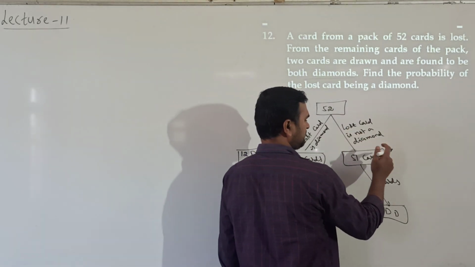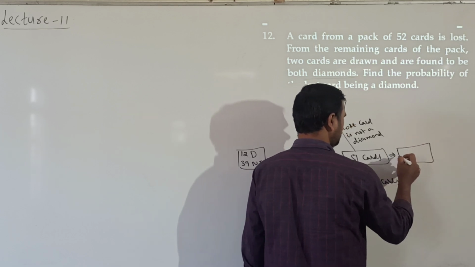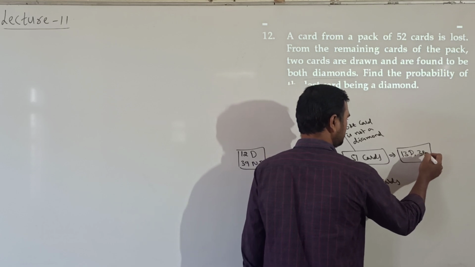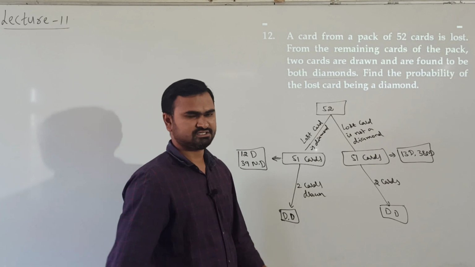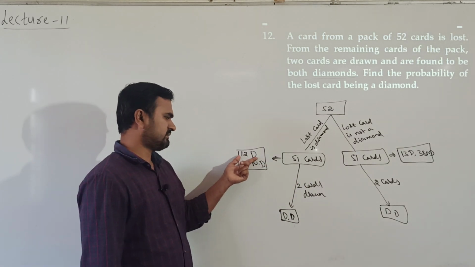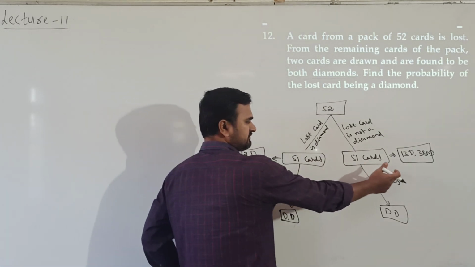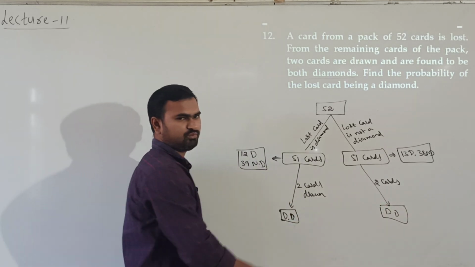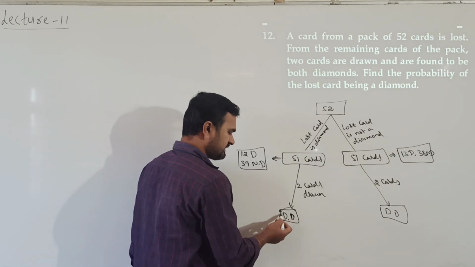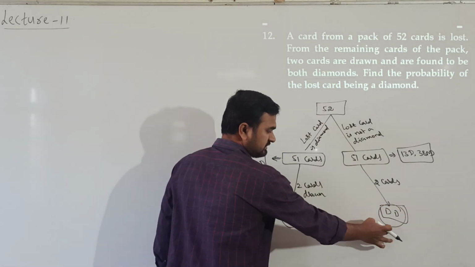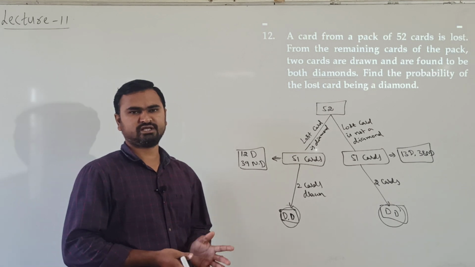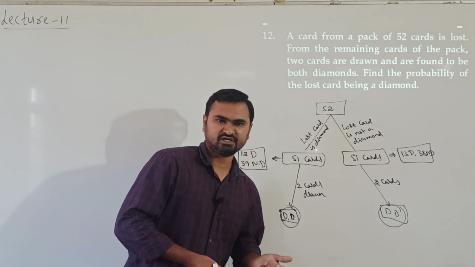If the last card is not a diamond, then in these 51 cards there are still 13 diamond cards and 38 non-diamond cards. Understand? So here 13 diamond cards are there. We are selecting two, but in the other case we have 12 diamond cards. We are selecting two. So these probabilities are different. The probability of getting both diamond cards is different in these two cases. Understand? So if we know that both are diamond cards, it can happen in these two cases. Now we are interested in the first case. So here again we are applying Bayes theorem, finding the reverse probability of occurrence.